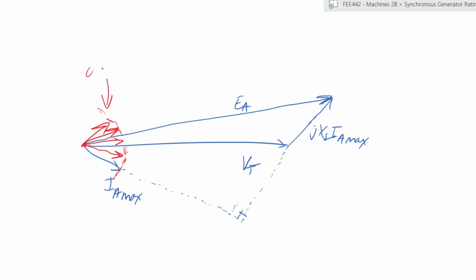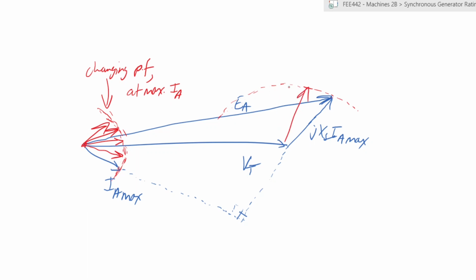So changing power factor, but you can have the constant at maximum IA, right? That is the locus of the current that will go through. That would mean that there would be a corresponding locus over here for your voltage that is on this side, right? So your limits in terms of current